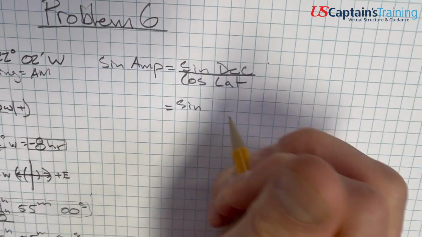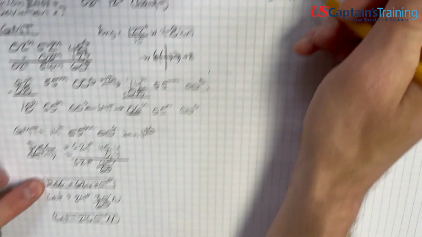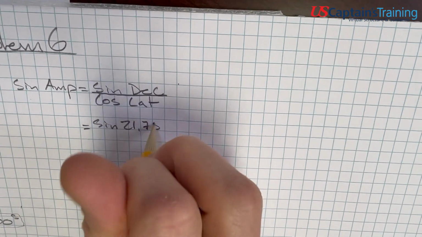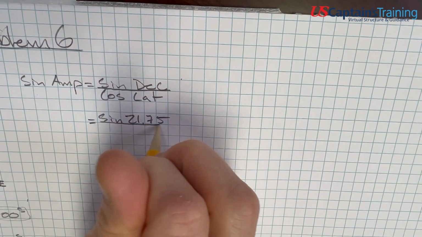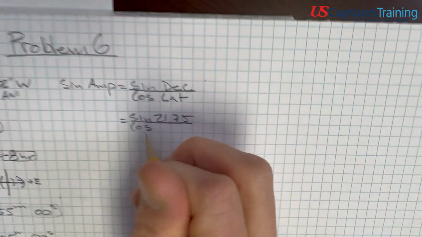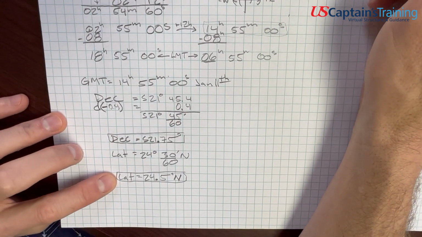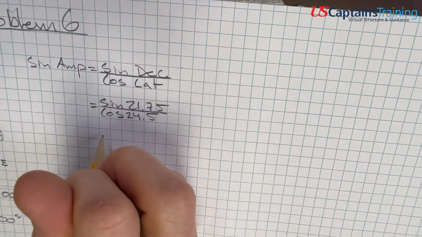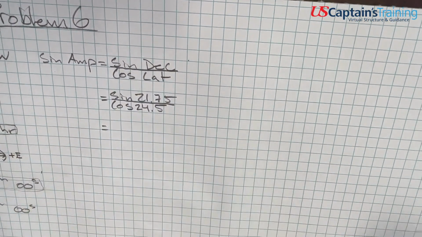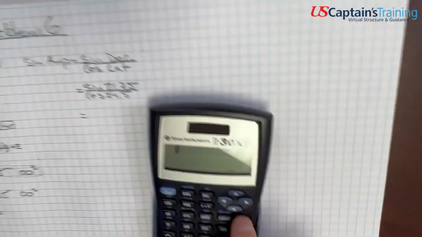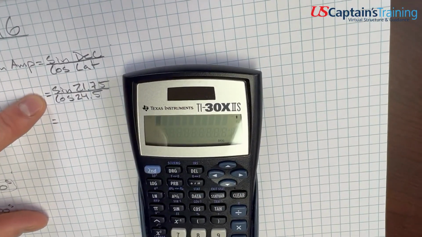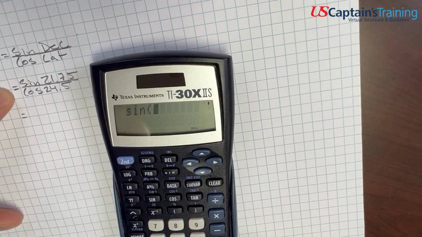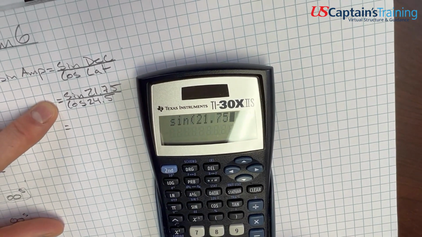The sine of declination is sine 21.75, divided by the cosine of the latitude, which is 24.5. Let's throw these numbers in. Sine 21.75 equals